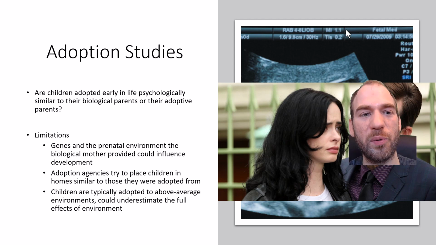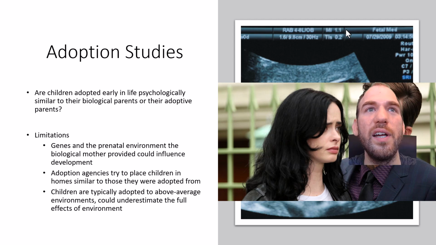So I talked briefly about these adoption studies, wherein maybe identical twins or fraternal twins, who are siblings, get separated early on in childhood and grow up differently, aren't really in contact with each other, and then somehow come back together, and then researchers can test, do they have the same levels of extroversion? Do both siblings have the same levels of shyness, of fear, aggression, whatever? And if they are exactly the same, you could theoretically draw the conclusion, oh, this is very genetically based. Anger is genetically based. Shyness is genetically based. Extroversion, whatever.